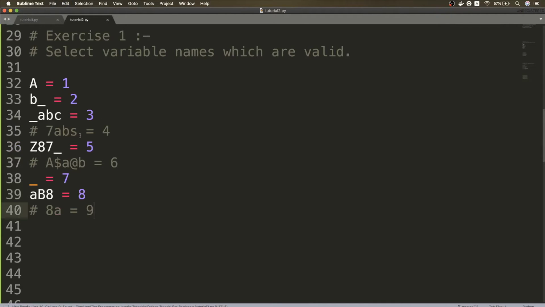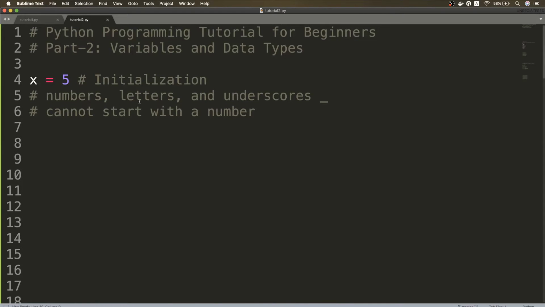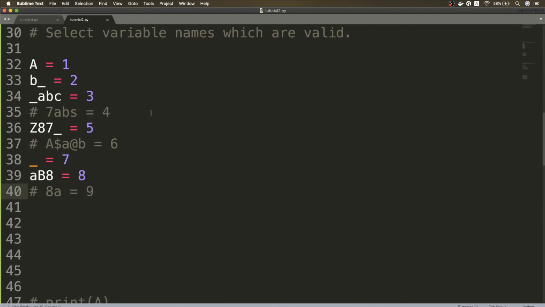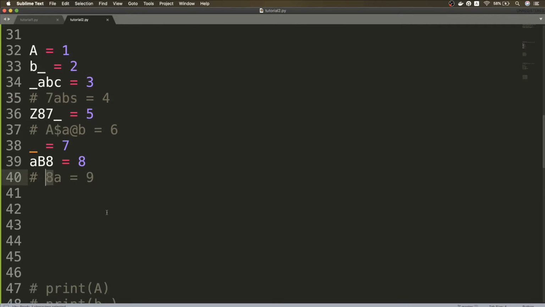These were also very much evident from the rules that I told you: numbers, letters and underscores are the only characters allowed in a variable name, and they cannot start with a number. This one starts with a number, and that's why it is an invalid variable name. This has characters other than the three I mentioned above, so this is not a valid variable name, and this also starts with a number, so it's not a variable name either.